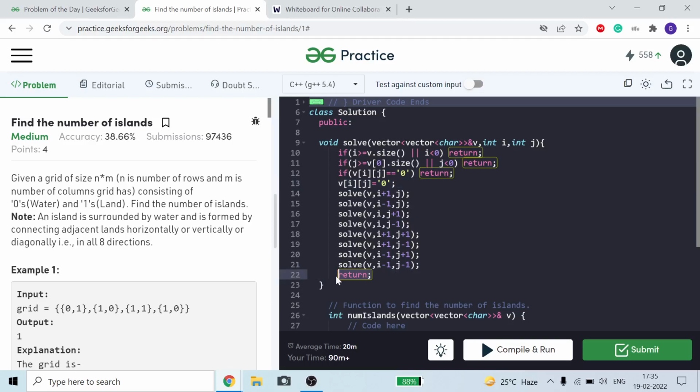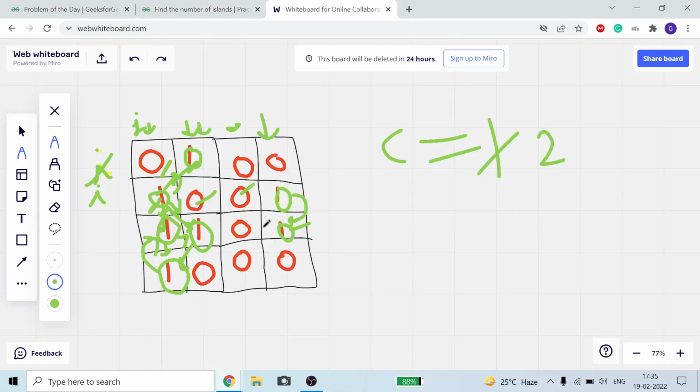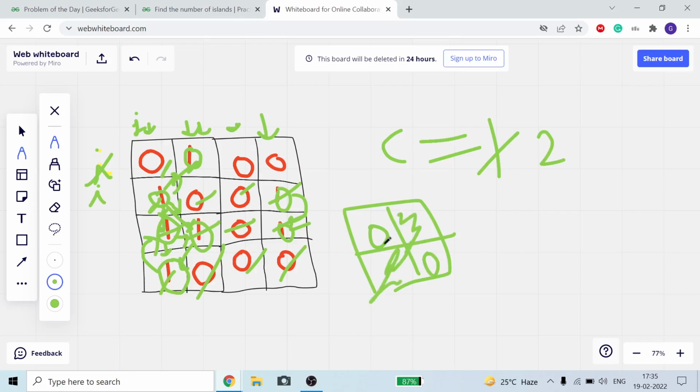Okay, so my C, and similarly I will take this, it is equal to 0, it is equal to 0, I make it 0, I make it 0, I make it 0, I make it 0. So after doing all the processes, all the values will be equal to 0, from here to here, after conquering all the matrix. Okay, from top to bottom corners, from ij equal to 0,0 to ij equal to n minus 1, m minus 1, everything is equal to 0, and your C will store the answer.